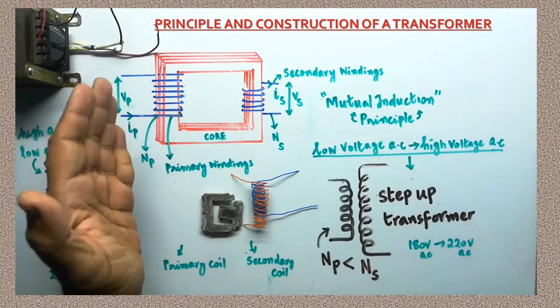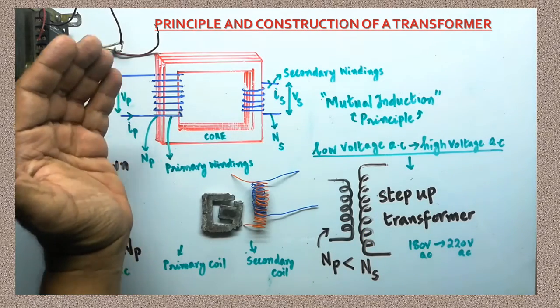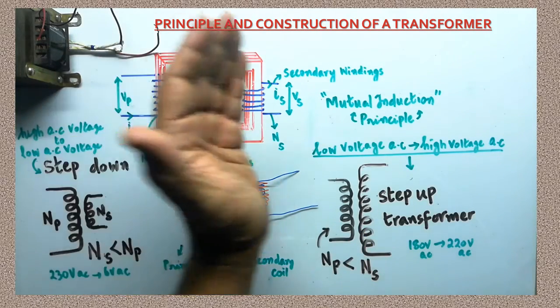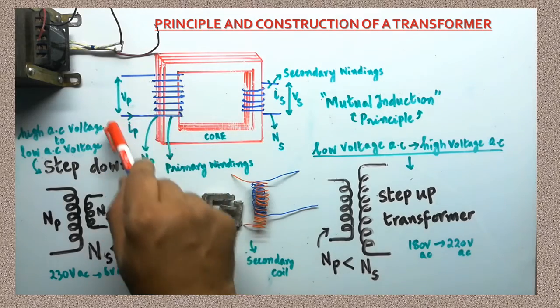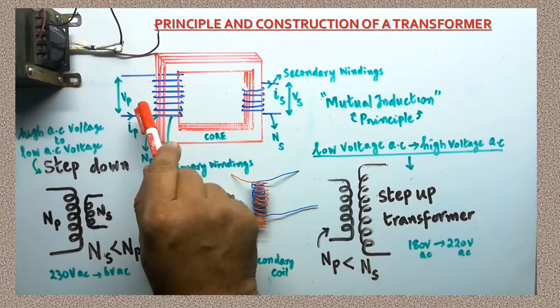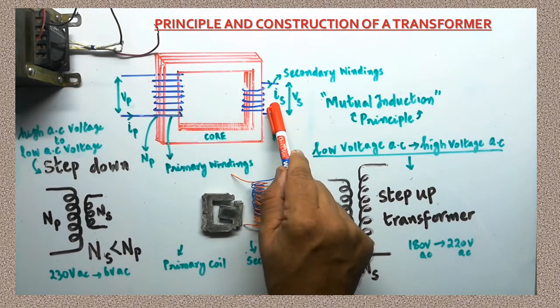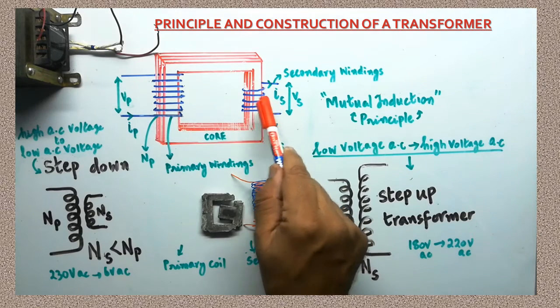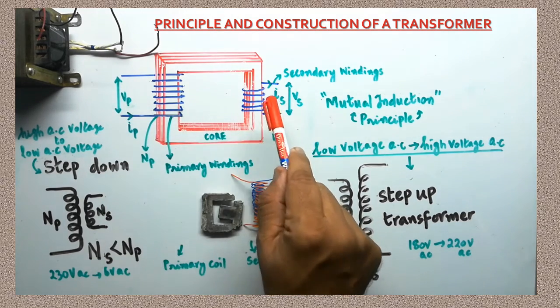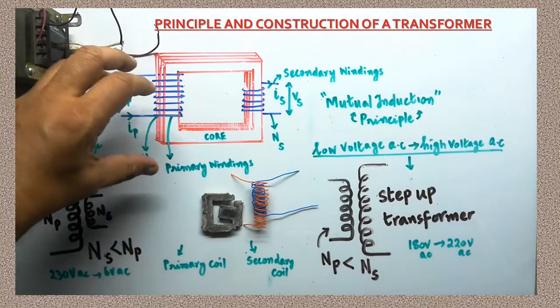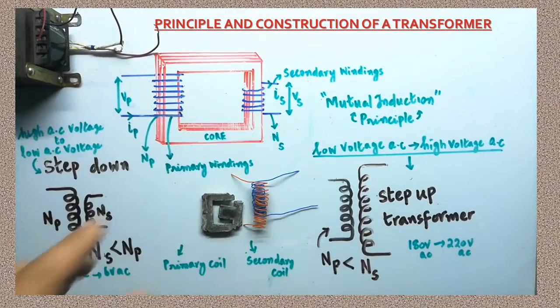So the power which is given here will be completely transformed, again I would like to insist on the point, the power which is given here in input will be completely transformed without any loss in the secondary coil, the secondary winding. So the input power will be equal to output power. Are you clear? The input power will be equal to output power. So the power which is given here will be transformed into output power.